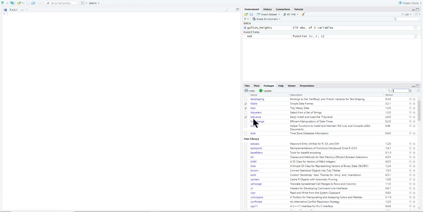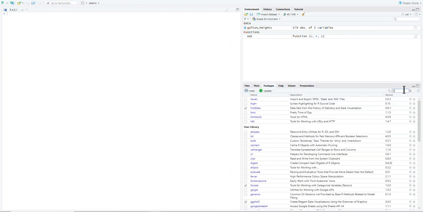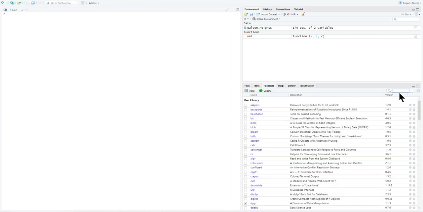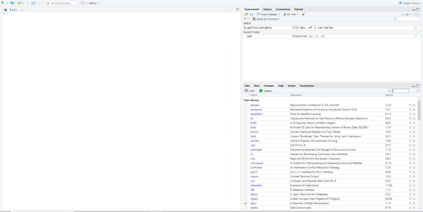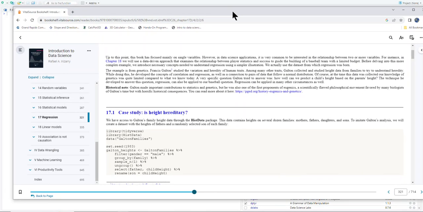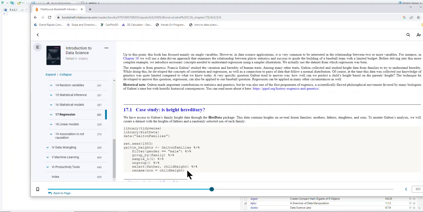And so tidyverse is going. And then we've got to make sure that my historical data package is running. That's running. And then one of the other packages we have to make sure is running is magrittr, because that's where that piping command works through. Okay, so then what I'm going to do is copy and paste